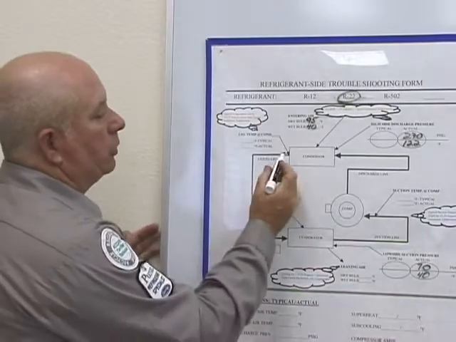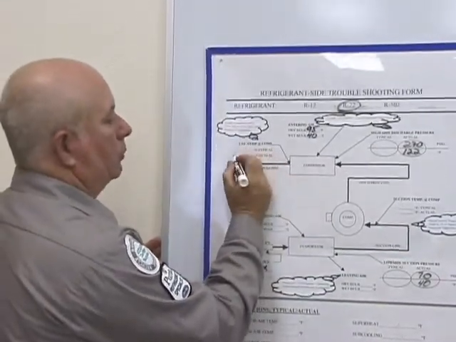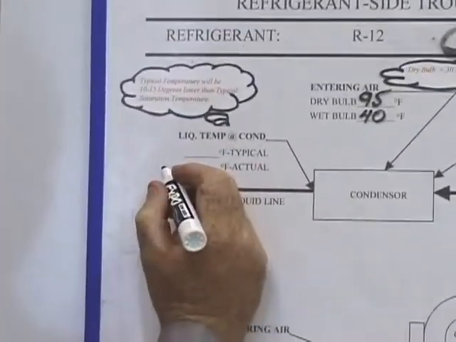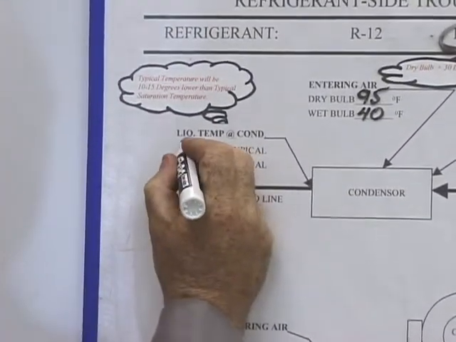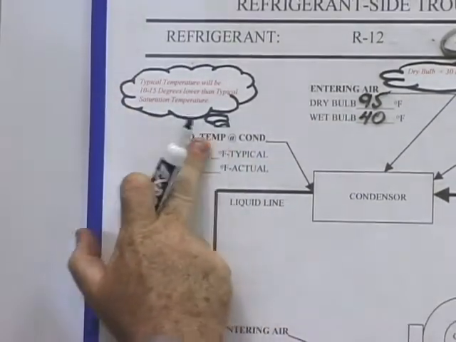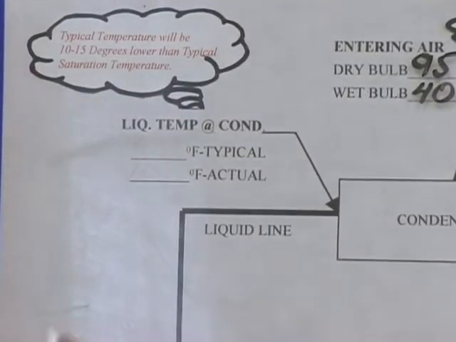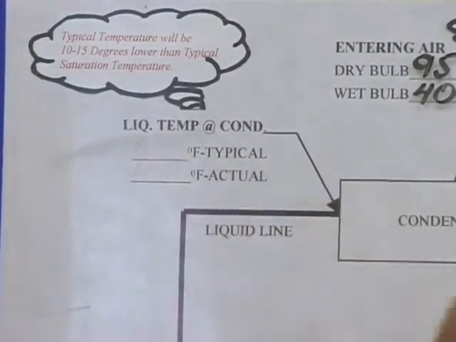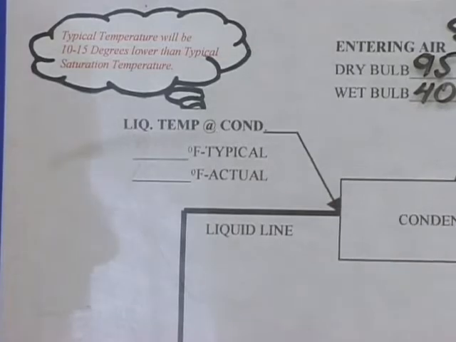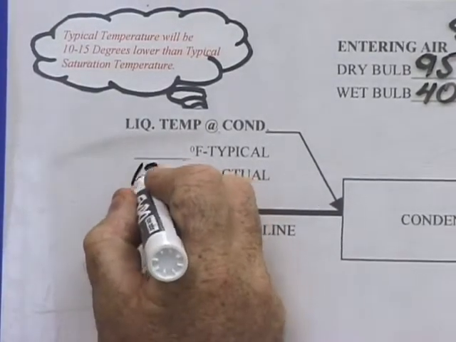So we'll just say that it's 120 degrees. Whoops, excuse me. See, that's where you got to be careful. You got to pay attention to what you're doing here, because if you put it in the typical, you're going to have it hinder you later on down the road. So 120